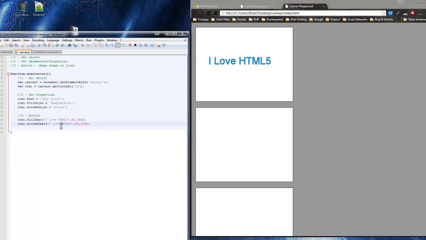So you'll see if we wrote I love you HTML5 and we save, and this is just the stroke we're doing this. If we reload, you'll see just the stroke has spelt out I love you HTML. So you gotta make sure it's the same, unless you're trying to do something else. But if you want to add a stroke to the fill text, it has to be the exact same. So that pretty much does it for this canvas, the text canvas. Now I'd like to move on to the next one. And this one is going to be